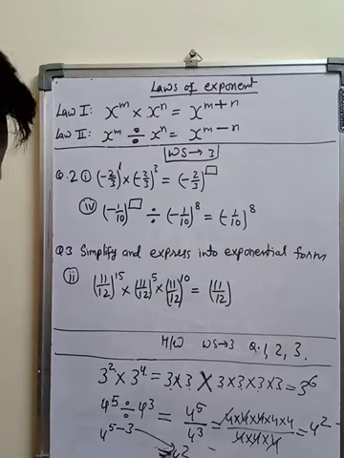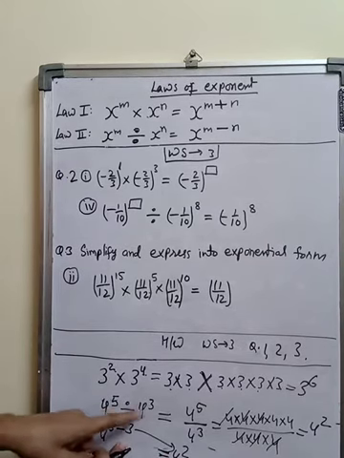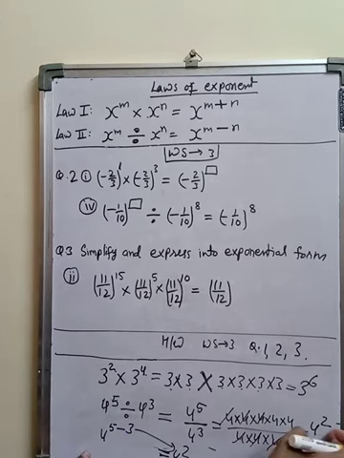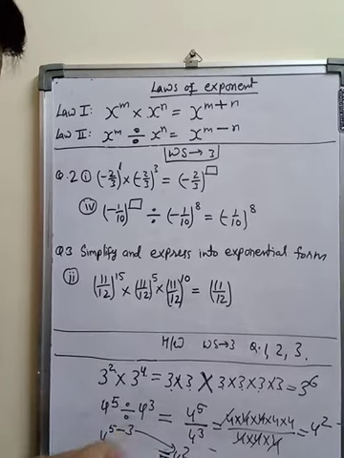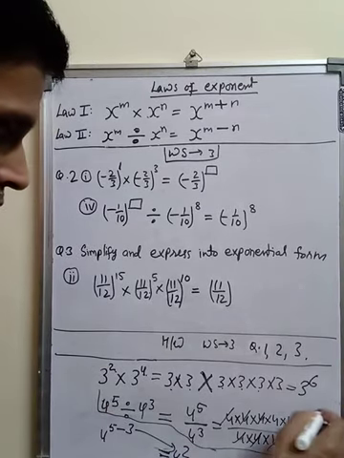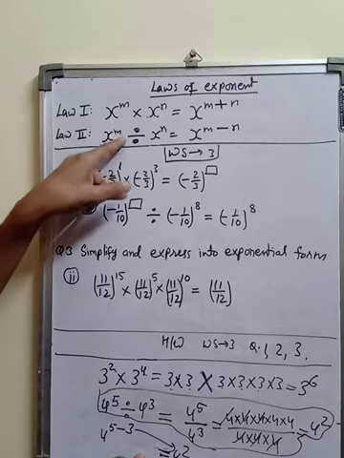So how are we getting 4 to the power 2? We can get it by another way. 4 to the power 5 minus 3 is equal to 4 to the power 2. It means when in between a division sign is there, then we subtract their powers. 5 minus 3 is equal to 2. Here also by calculation we are getting the same thing.